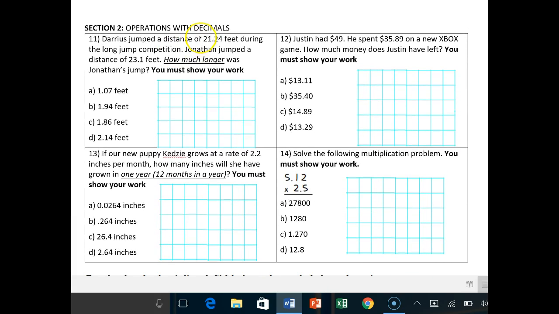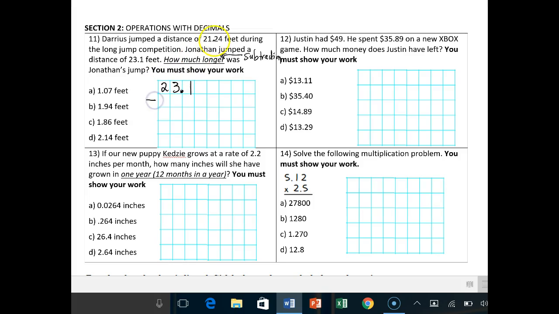Jarius jumped a distance of 21.24 feet during the long jump competition. Jonathan jumped a distance of 23.1 feet. How much longer was Jonathan's jump? So this means subtraction. A lot of us didn't understand that. And we want to subtract the bigger number minus the smaller number. So, 21.24 is on the bottom, 23.1 is on the top. So